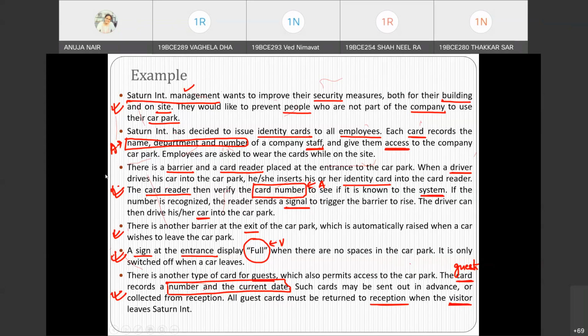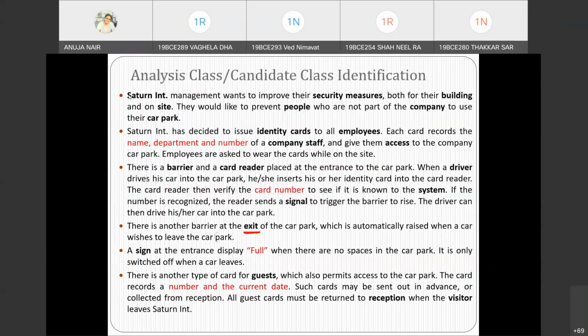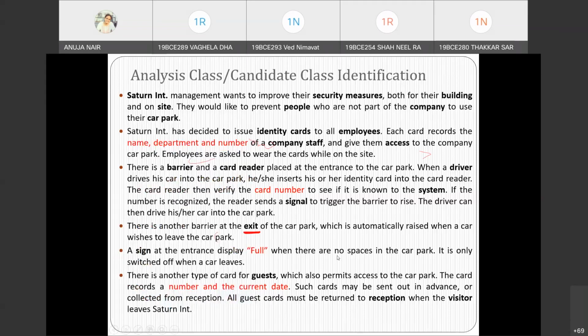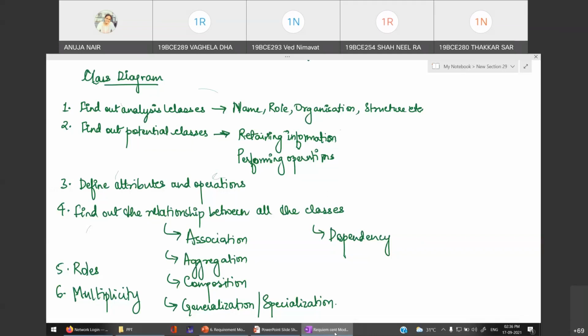Yes. So in the next slide, I have just highlighted the analysis classes with dark bold color. So all the bolds are basically analysis classes which you have correctly figured out in our exercise, and all the ones which are in red color are basically attributes. Now what we need to do, we need to find out the potential classes. So now how will you find out the potential class?